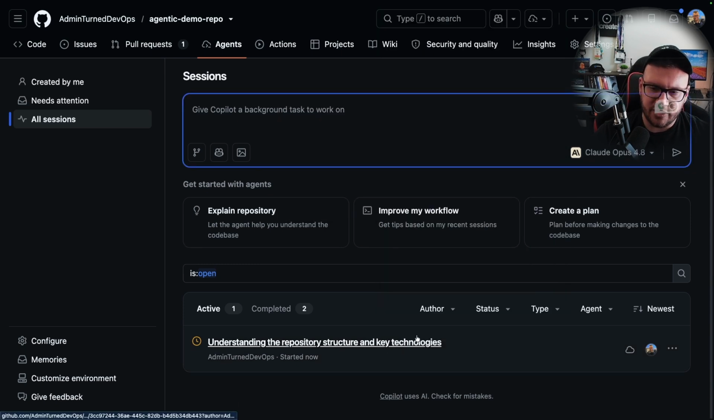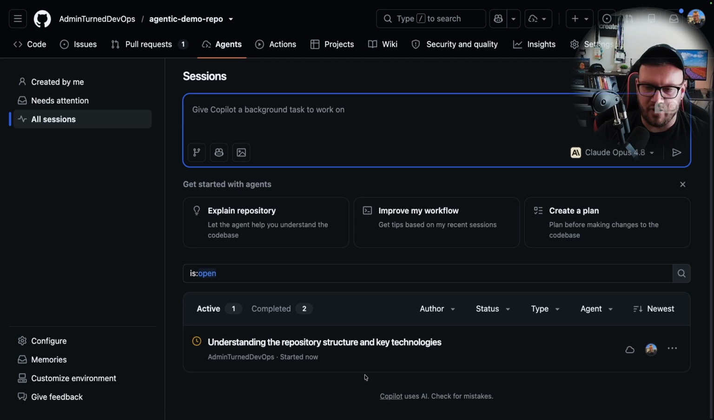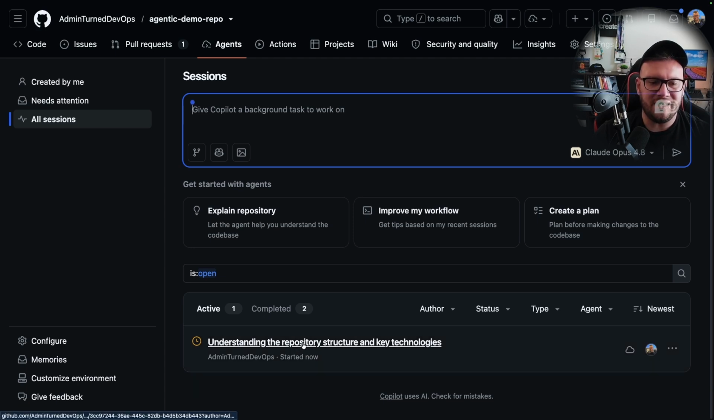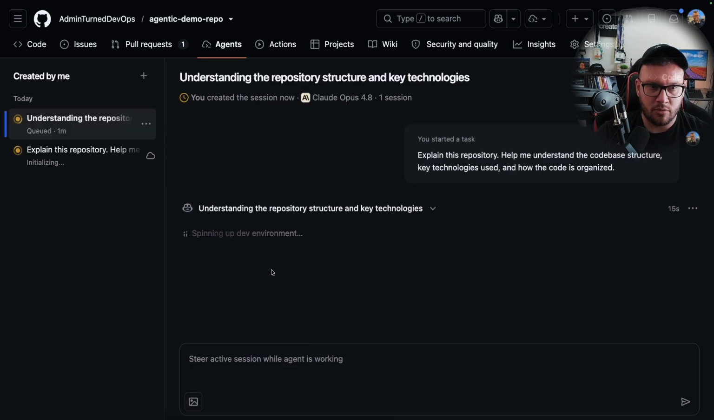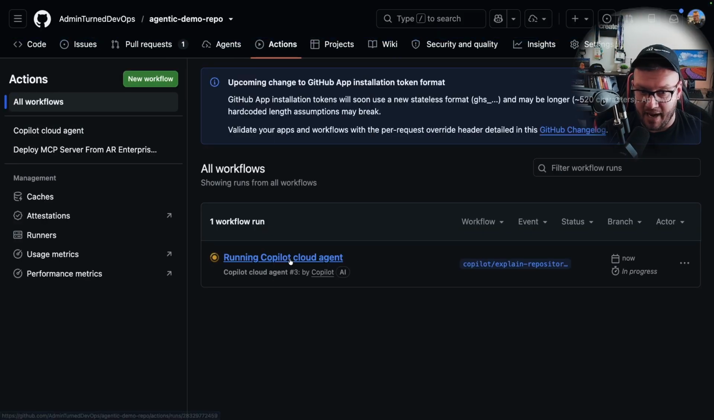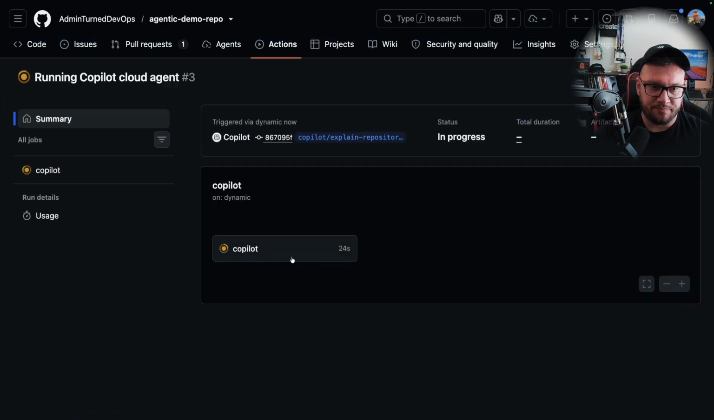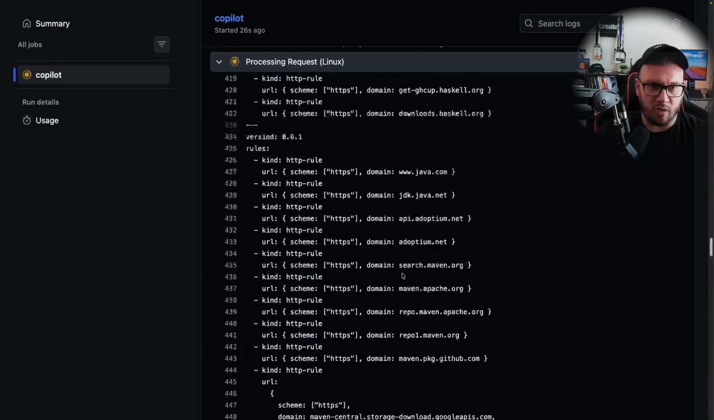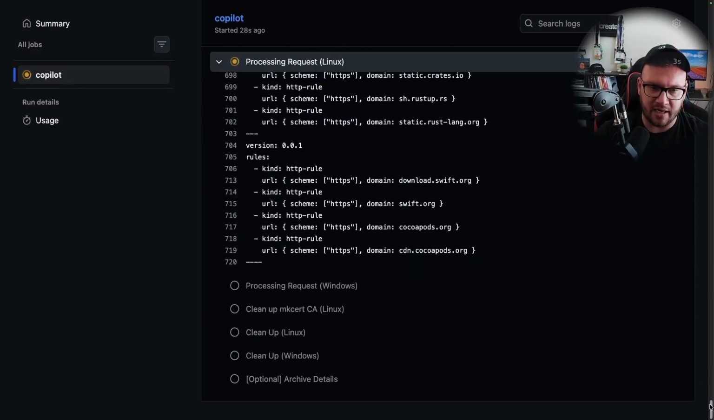Okay. And as you can see, this is kicked off here. Now, what is this actually doing? Well, if I click this, notice here how it's spinning up a dev environment, okay? That way it can do what I've asked it to do. Now, underneath the hood, what does this look like? Well, it's actually a GitHub action. So if I click on this and I click on the one workflow here,